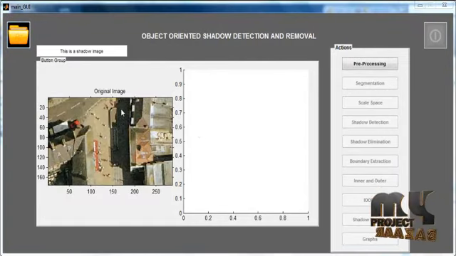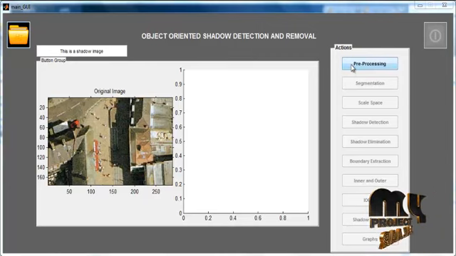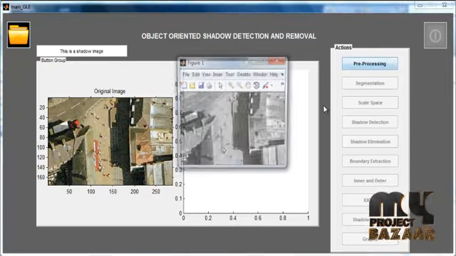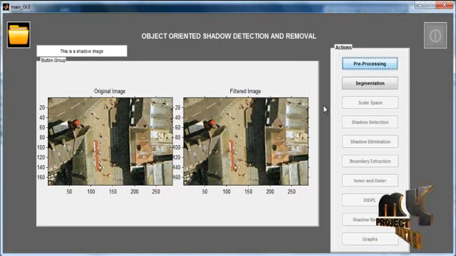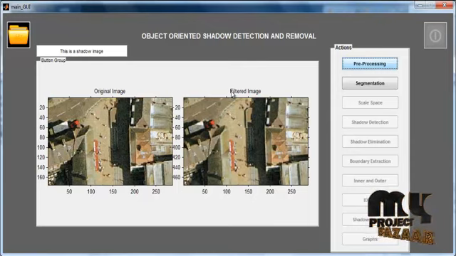Now the selected image file will be shown in axis 1 with the title original image. Then select the button pre-processing. After clicking the button pre-processing, the pre-processed image will be shown in axis 2 with the title filtered image. In the filtering process, the noise is removed from the image.